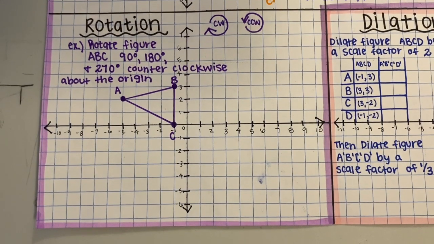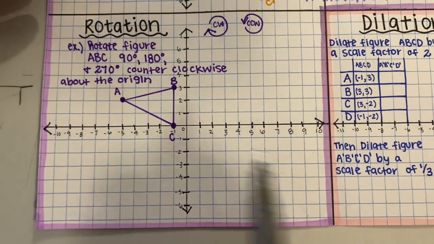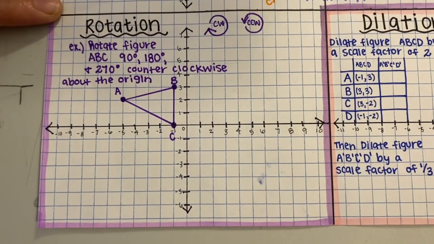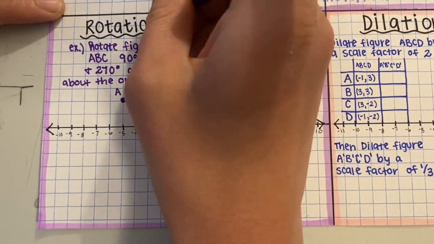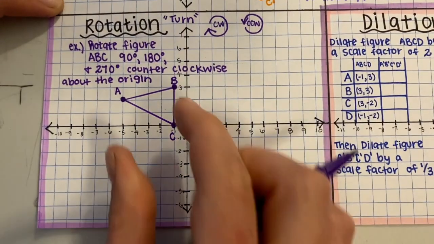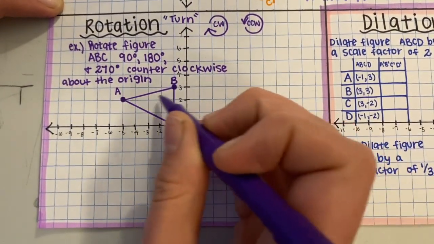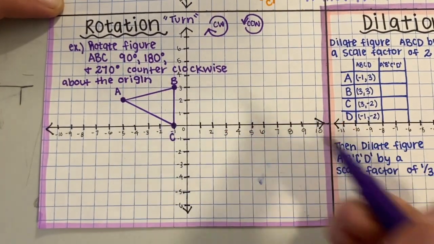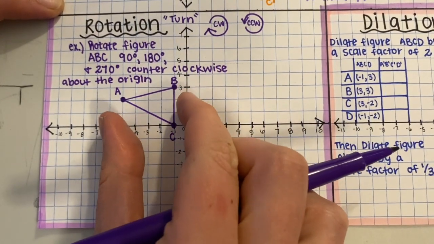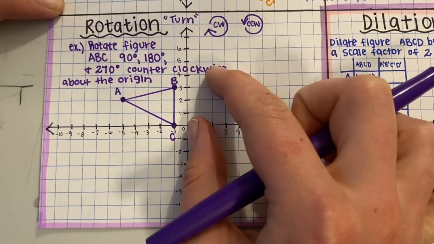Our last type of rigid transformation is a rotation. So a rotation is going to be turning. So that's our keyword here. We call it a turn. Our figure either clockwise, so the direction that a clock goes, or counterclockwise, so the opposite direction that the clock goes. And when we turn, we're physically turning this image either 1 turn, 2 turns, 3 turns, or 4 turns